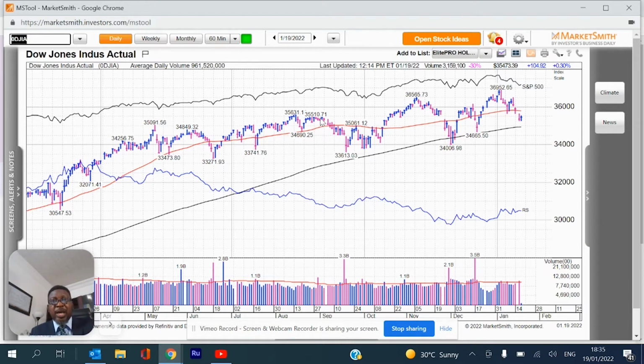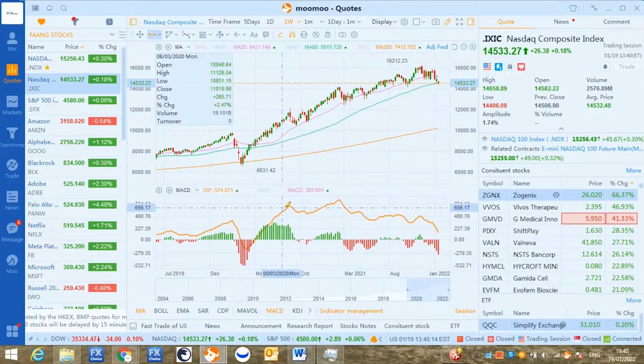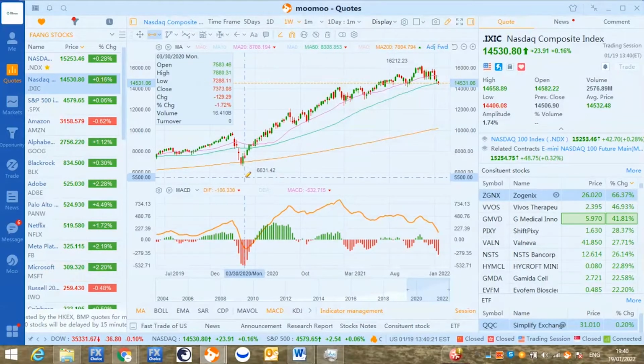I think the Momo platform is more detailed, so for the benefit of new traders and other viewers, I think I would go on the other platform so you can see and understand more. We are looking at Nasdaq on the Momo platform. This is a live trade. The market is still open. We are looking at